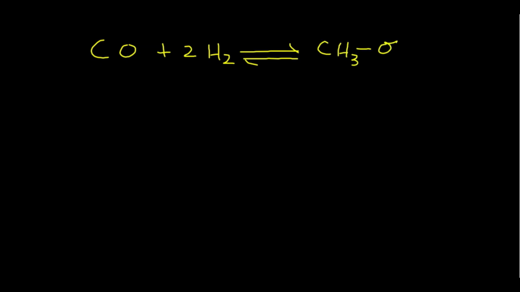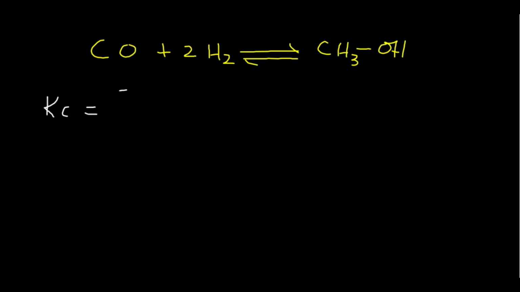Now students, we will see one more example. Another reaction which is given is the reaction of carbon monoxide with hydrogen to form methyl alcohol. In a reversible reaction, they are reacted together and they form methyl alcohol, which is also known as methanol. Now students, in order to find the unit of equilibrium constant, we will write the equilibrium constant expression. We write the value of Kc first of all.